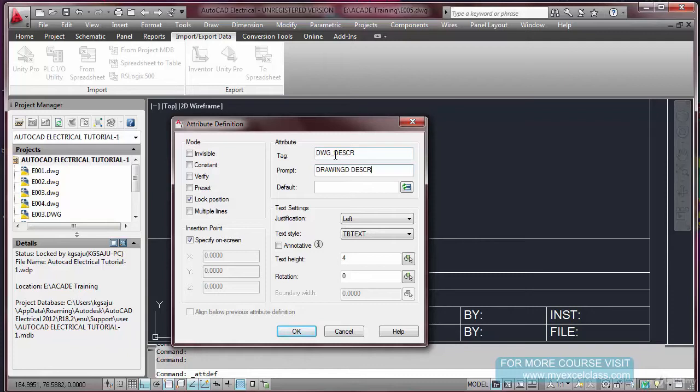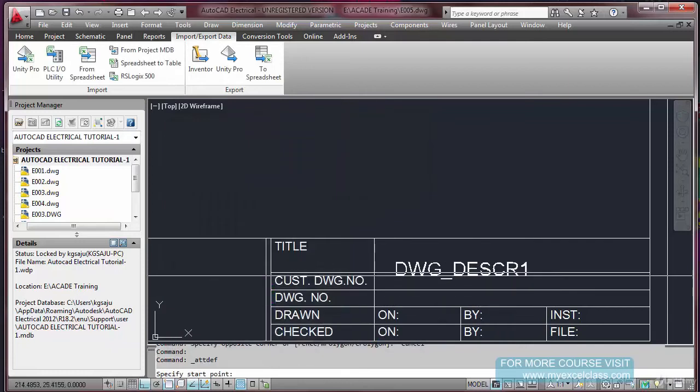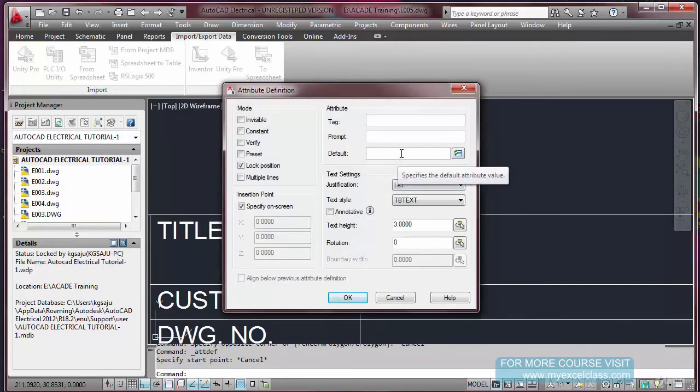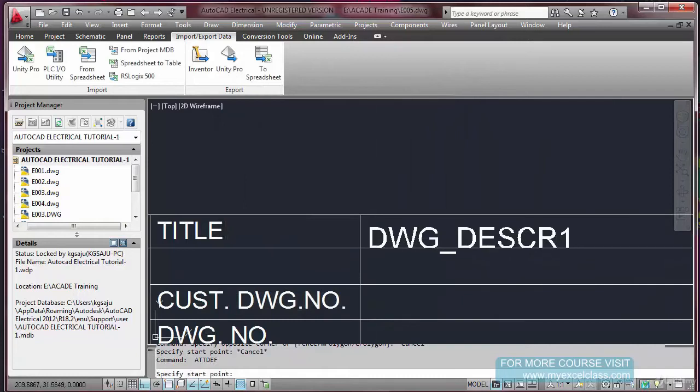I'm putting this 1. Text height 4. Okay. Big. You have to change a little bit. DWG DESCR 1. Drawing description 3 will be okay, I think. I'm putting it here.